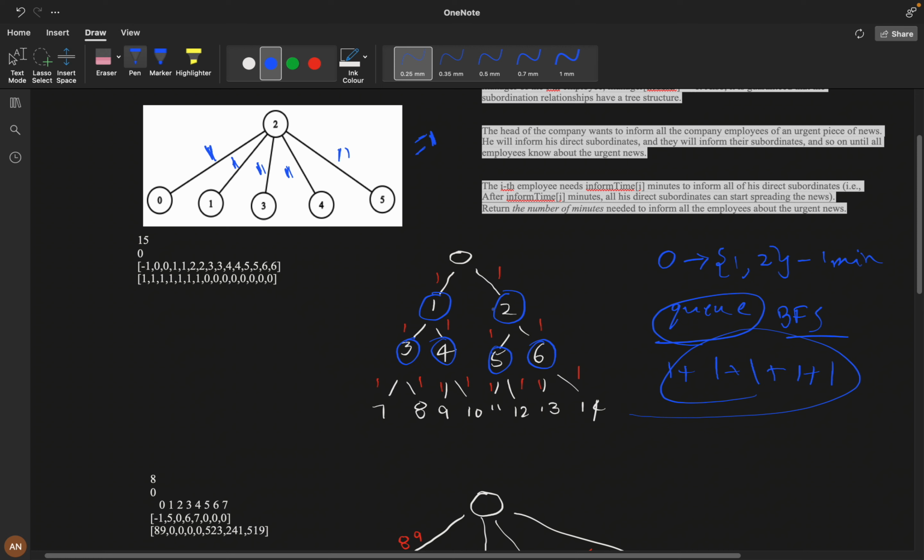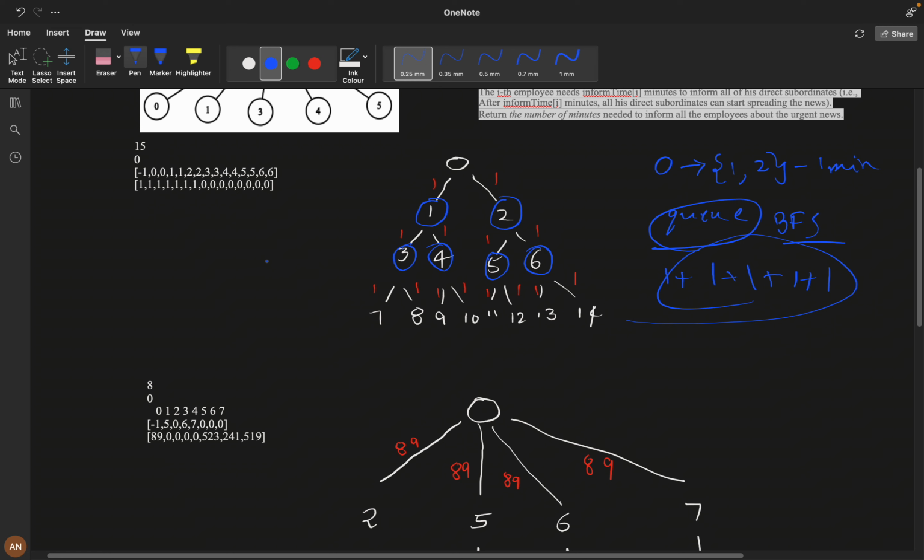Suppose 0 is telling 1 and 2 simultaneously; 1 and 2 start spreading the news to the next layer, and 3, 4, 5, 6 should spread the news in the next layer. So this problem can't be solved using BFS because a queue can't be used. So let's think about DFS, and let's think about a path.